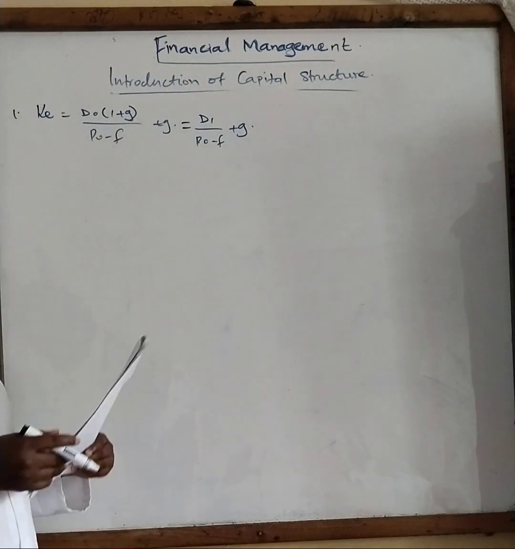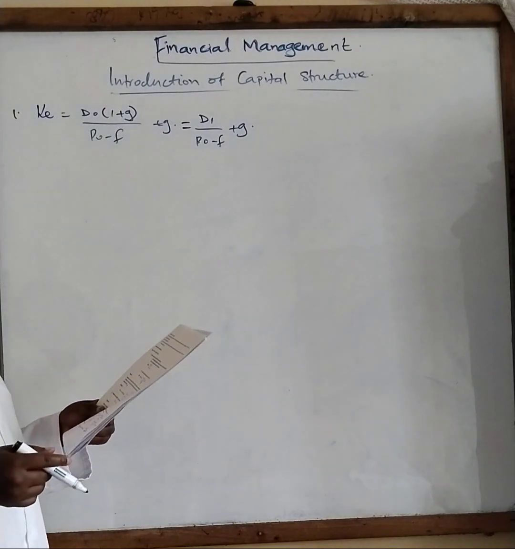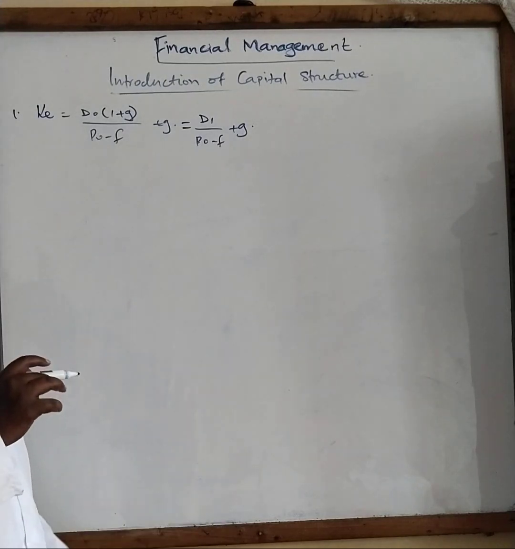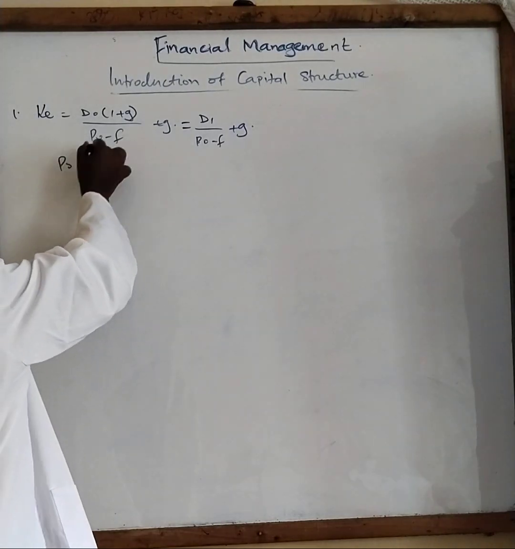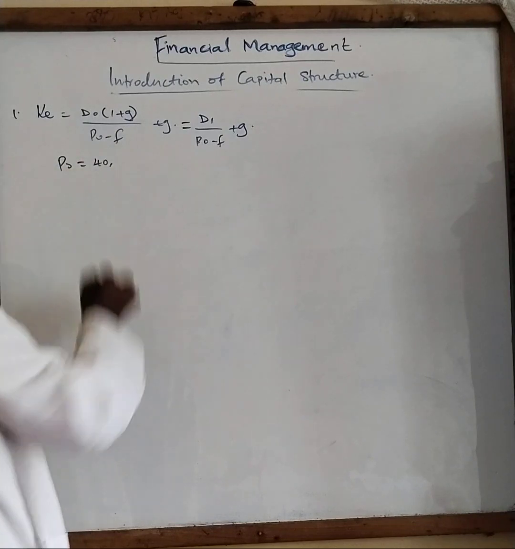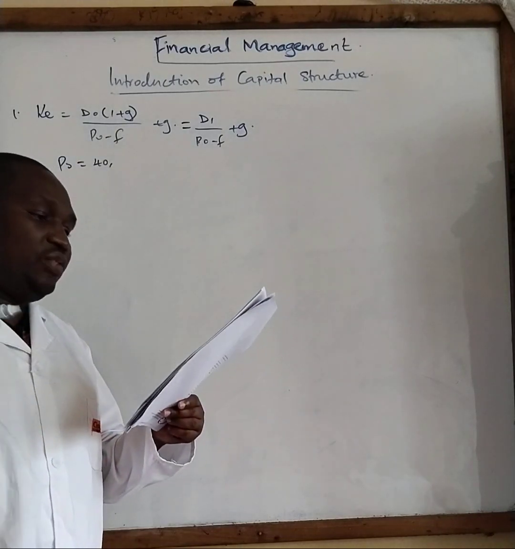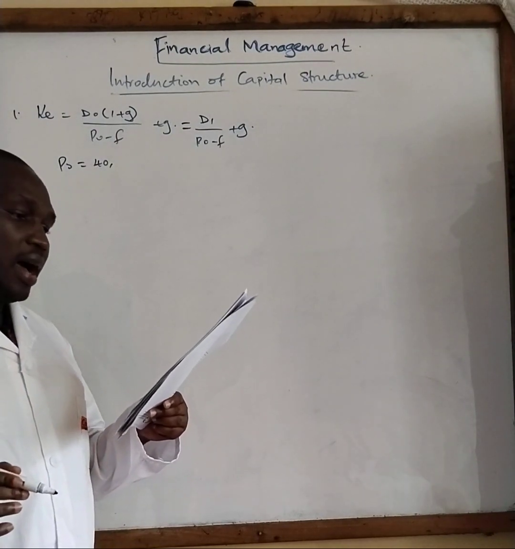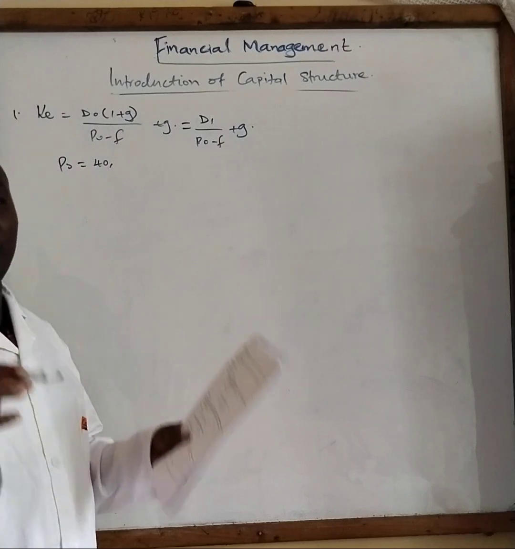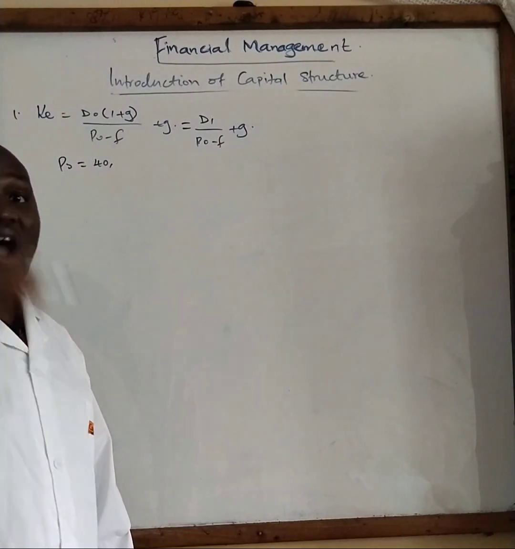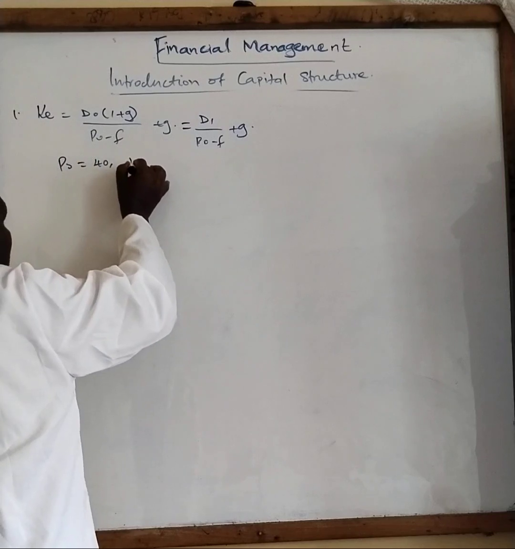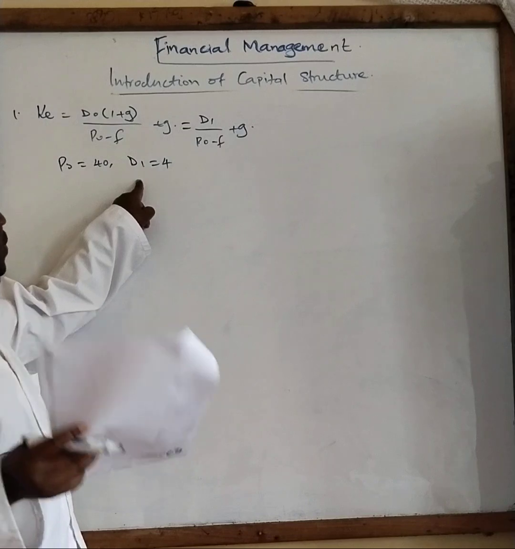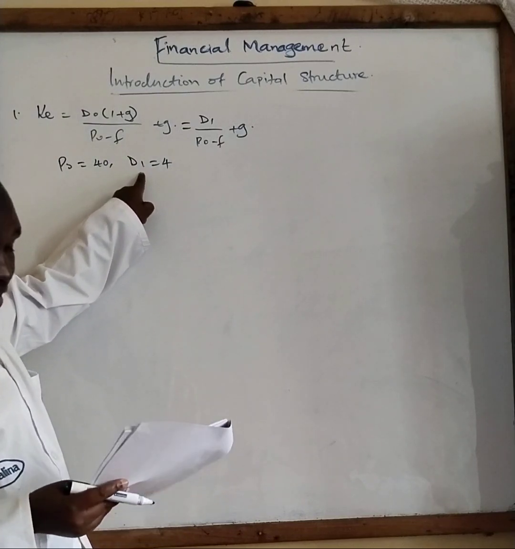So let's see from the question. Assume that the market price of the Jubilee company stock is 40. Market price. So we say now P0 is 40 shillings. The dividend to be paid. Has it been paid? No. At the end of the coming year is 4 shillings. So it means that is the dividend after year 1. So we will not say D0, but we'll say D1 is equal to 4. There are some questions where I will be indicating D0.